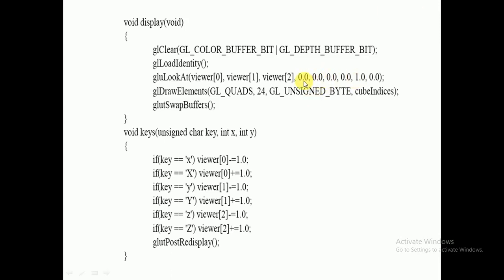This is called look at, where you are looking exactly at the center of that cube. Here we are looking exactly at the center. Center means center of the screen. Why am I saying center of the cube? Because I have drawn that cube around the center. We are actually looking at the center of our screen, the center of the OpenGL origin, right? I have drawn the cube in such a way that the cube is around the center, right?